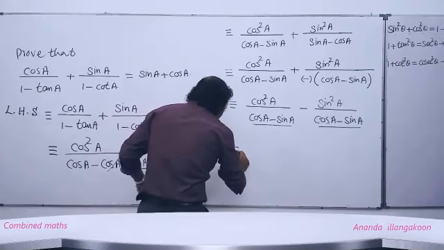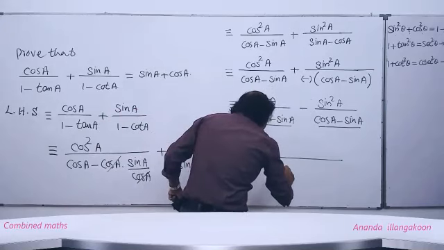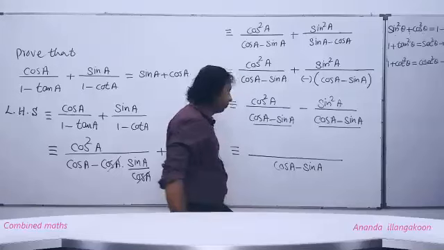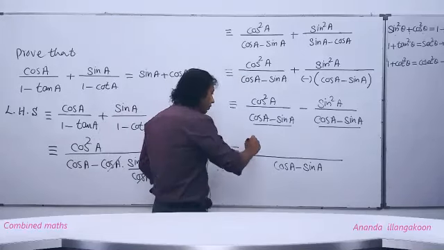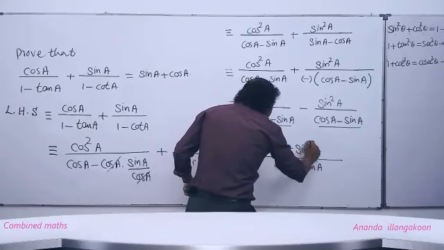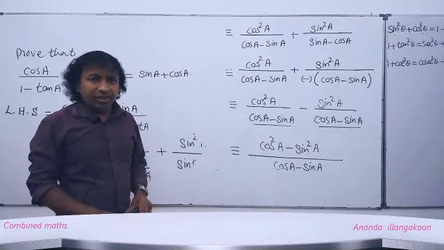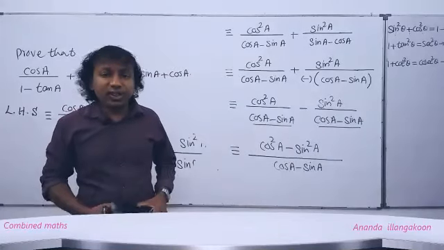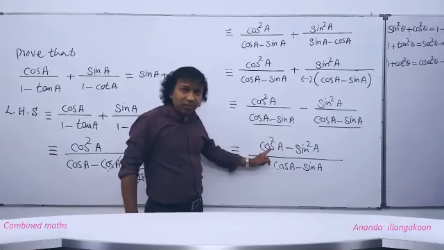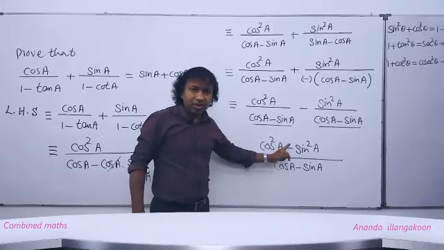This one we can write cos A minus sin A. Now we can write, people, the numerator as cos squared A minus sin squared A. Right, kids? We can write it like that now. Now what do we do, people? Here we have a square, here a square, and in between them we have a minus